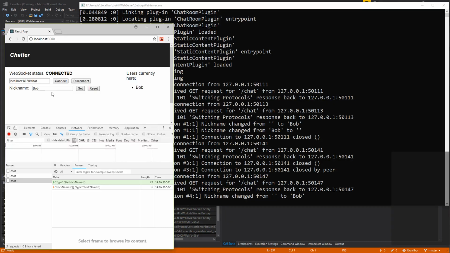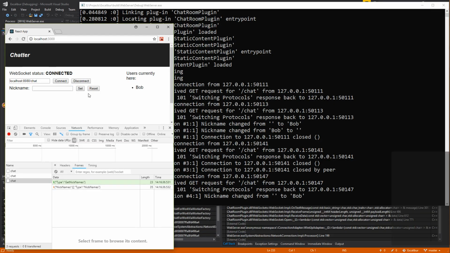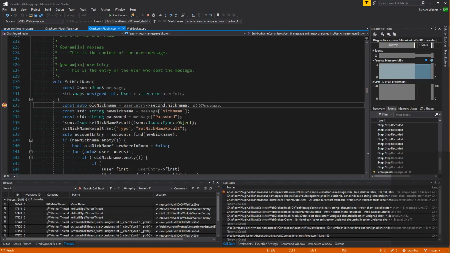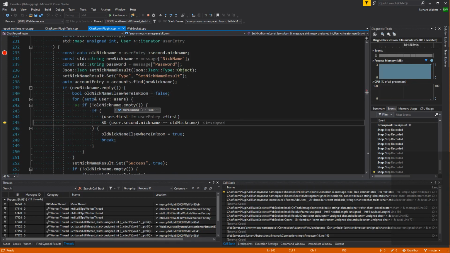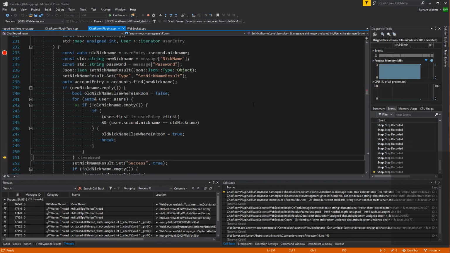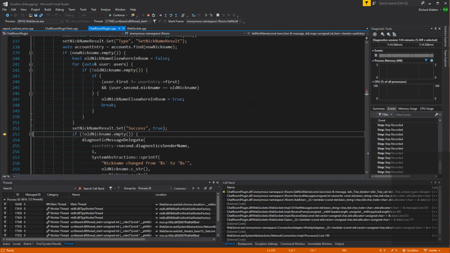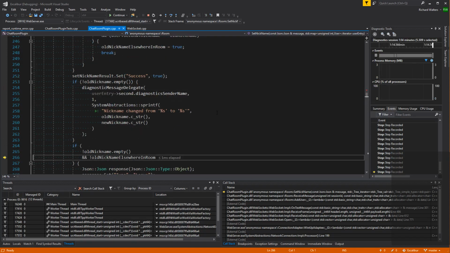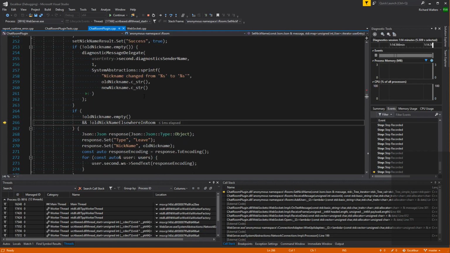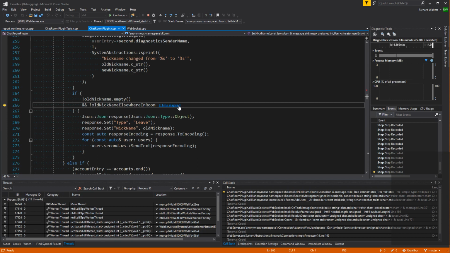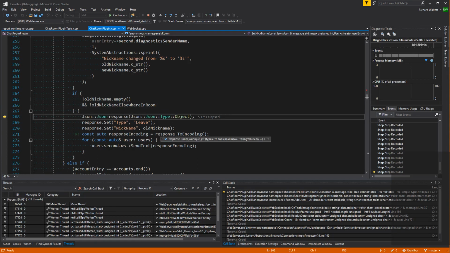Then what happens when I set it back to empty? Right, so what are the users now? Okay. New nickname is empty. Not old nickname, empty. Actually, why am I printing that? I should print that always, shouldn't I? Okay, so we get the leave that we were expecting.